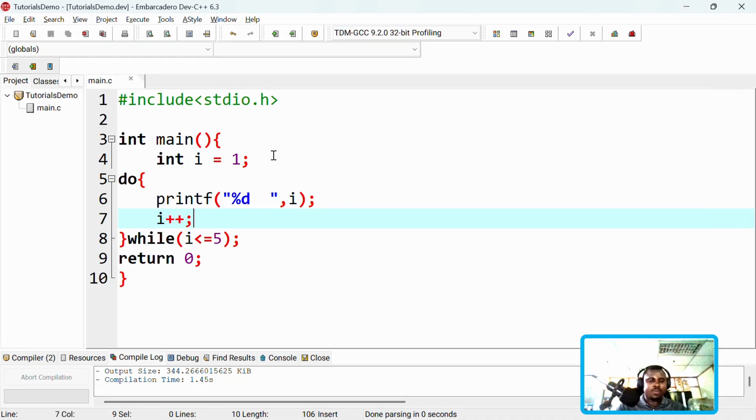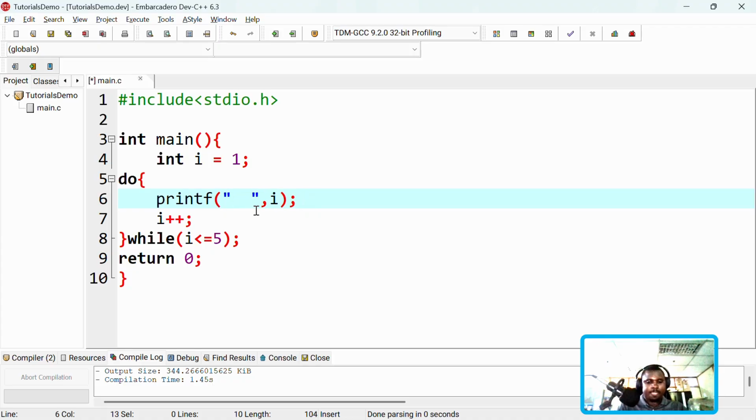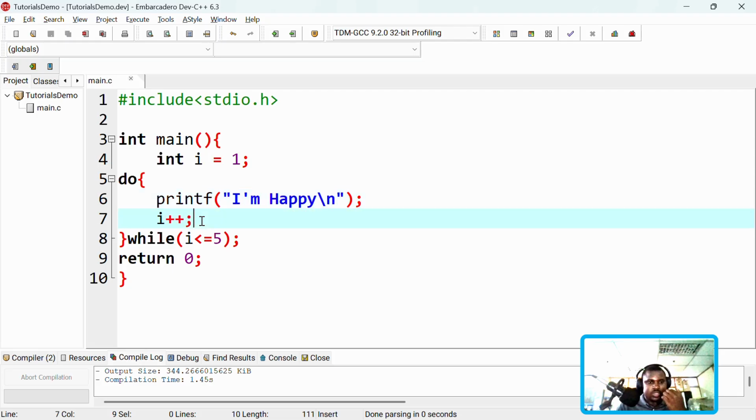Maybe I can also do a simple program where whenever I'm happy, I print that I'm happy, and whenever I'm sad, I print that I'm sad. So I'll just say I'm happy. Sorry, let me just remove this i. Let me put a slash n in there. I want to remove this one as well. So what do I need to do here? Here I need to use